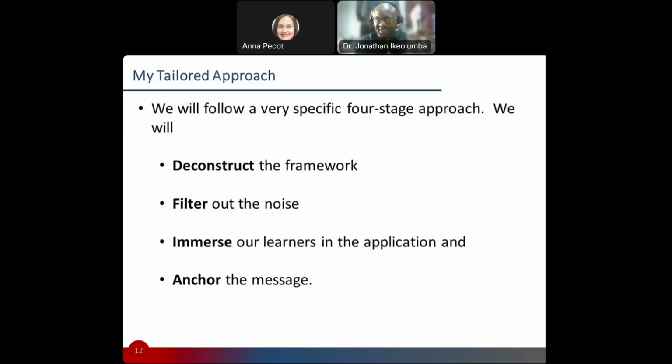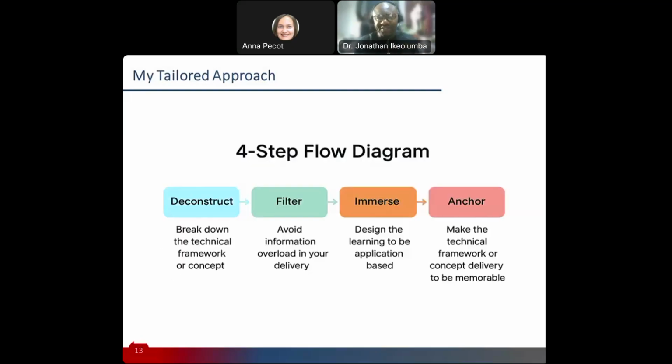So this is a four-stage framework. Like I said, I developed this and I'm trying to build up a theory around it. I also wanted to use this webinar to reconfirm some of that. So just to give you a graphical illustration of the four-step framework I've proposed, whenever you want to deliver on a technical concept, first of all, break down the technical concepts into relatable bits. The next thing is to make sure that your delivery focuses on the core things, and you leave out the information overload. So it has to be quite simple. The more technical the delivery, the simpler your slides or your delivery should be.